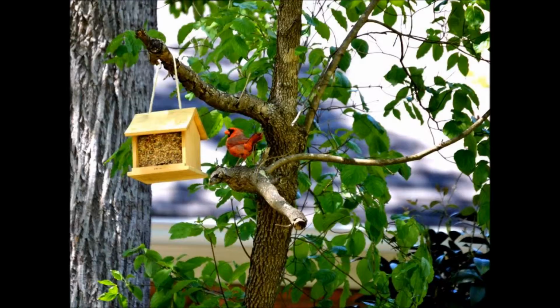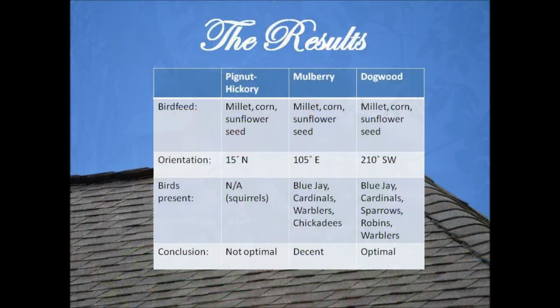The dogwood tree was the smallest tree. Around this tree were a few other trees that were taller, where some birds would stay and wait for the availability of the feeder, and these other trees also provided full shade for the dogwood. This tree is also lower to the ground so that birds that had insects in their diets and fed from the ground could also access it. The most present bird at this location was the cardinal, but I also observed blue jays, sparrows, and robins at